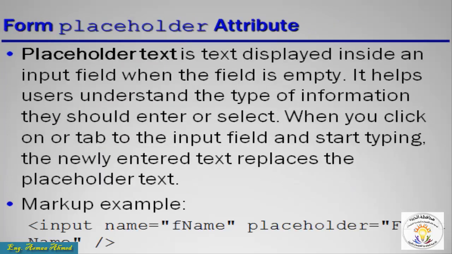Form placeholder attribute. Placeholder text is text displayed inside an input field when the field is empty. It helps users understand the type of information they should enter or select. When you click on or tab to the input field and start typing, the newly entered text replaces the placeholder text. Markup example: input name equals fname placeholder equals first name